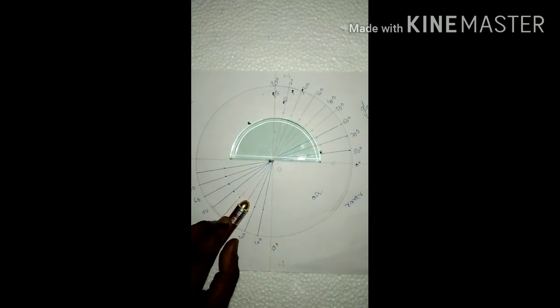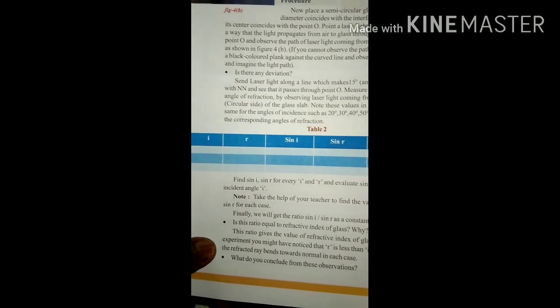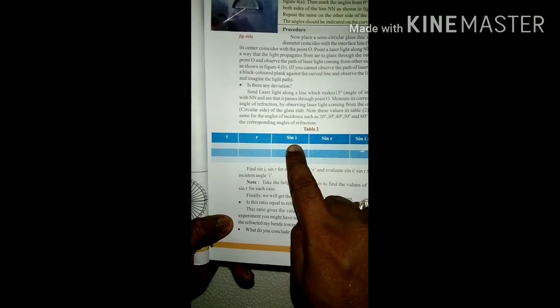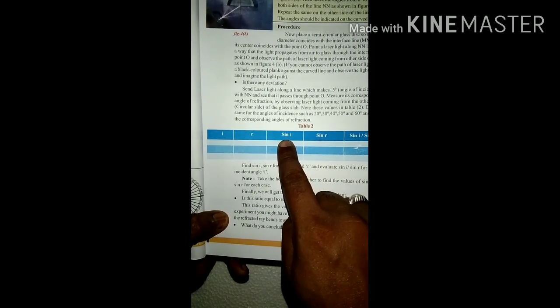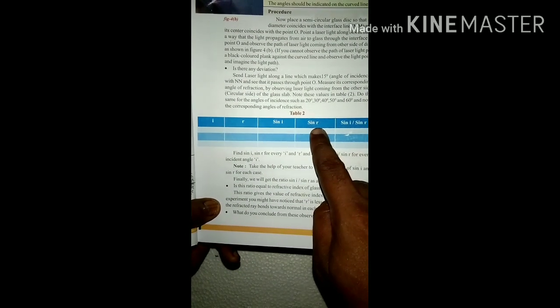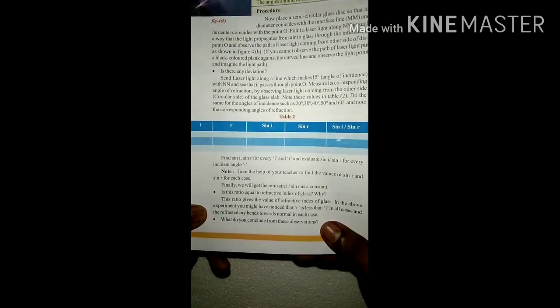Now I am going to note down those values of angle of incidence as well as angle of refraction in the table I already showed. In the case of the textbook, these may be the values and the table. See, in this table what is there? I is there, that means angle of incidence. R is there, angle of refraction. Next we should consider sine of angle of incidence, means we should take the value of sine I, and sine R, angle of refraction, we should consider. Then again we should take sine I by sine R. So for every angle of incidence we should consider the angle of refraction.